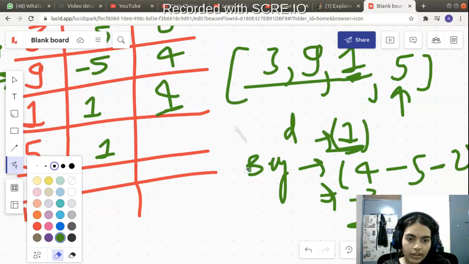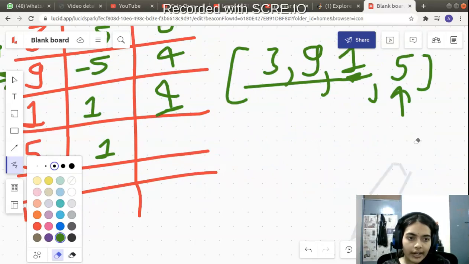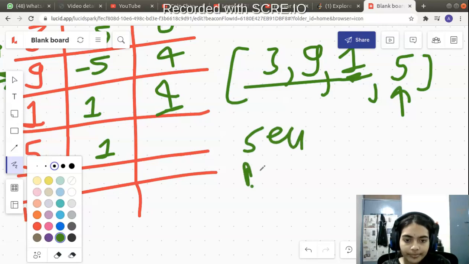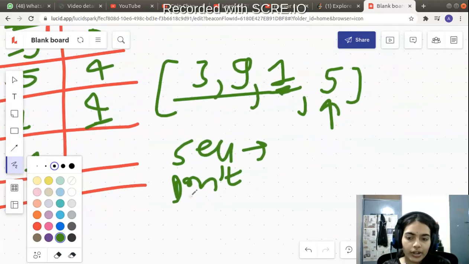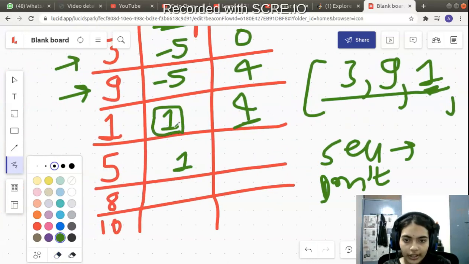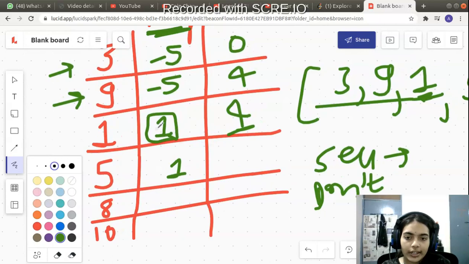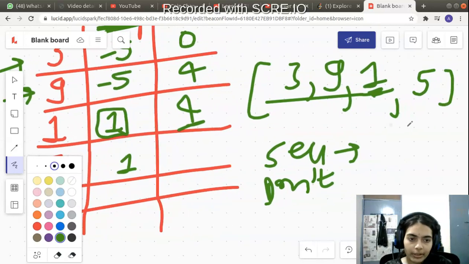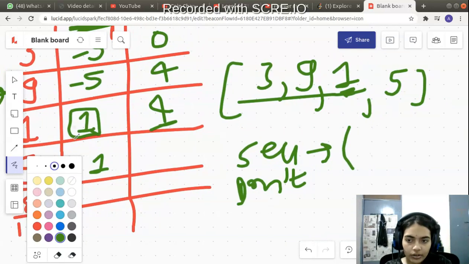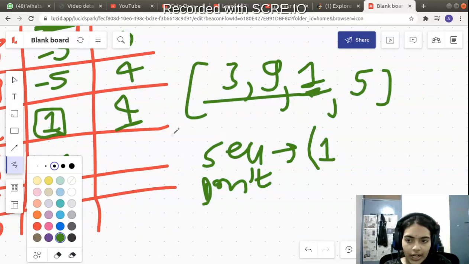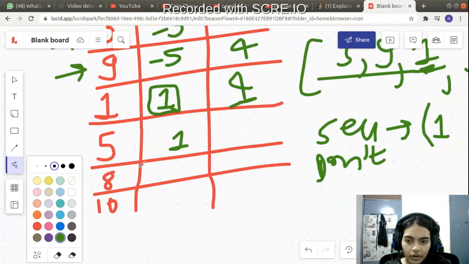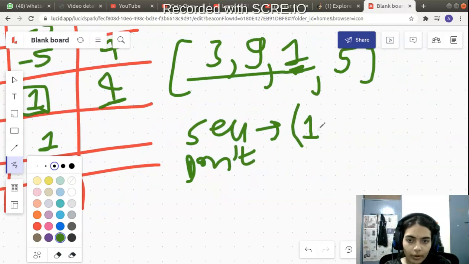Okay, now let's think about selling the stock. We are again at day 4, and now we have the option of selling the stock or not doing anything. So when you have the option of selling the stock, what will you choose? If you are selling the stock, that means you would have bought some stock before. So we will look at this particular data entry. If you are at this entry, that means you are having one stock in hand, whichever was the most profitable case. So that is at position 1. Now you are selling that particular stock, so you will earn a profit of 5, right?